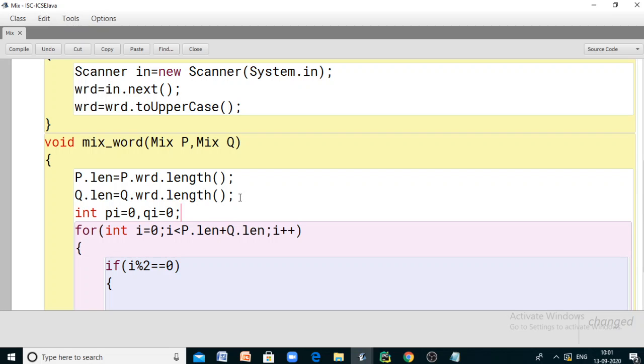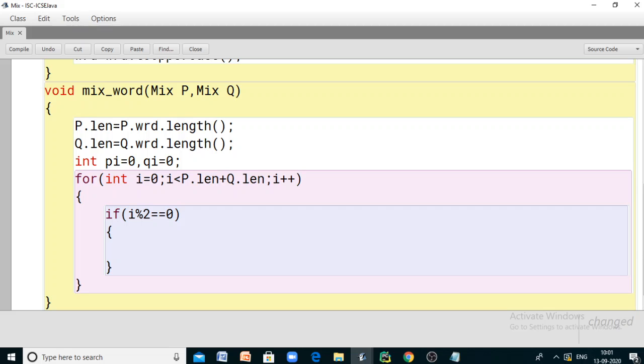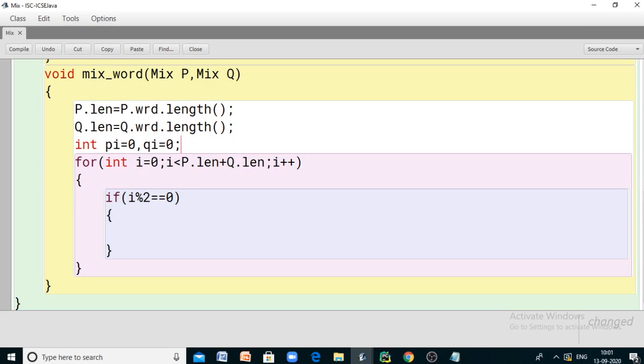So two index variables are created, and whenever you want to extract the characters from the given word, you have to extract it from pi or qi. Whenever you extract the current character, automatically pi should be incremented by 1 to denote the next character to be extracted. Now, if i modulus 2 equals 0, that means i is even, then we can take the character from the first word.